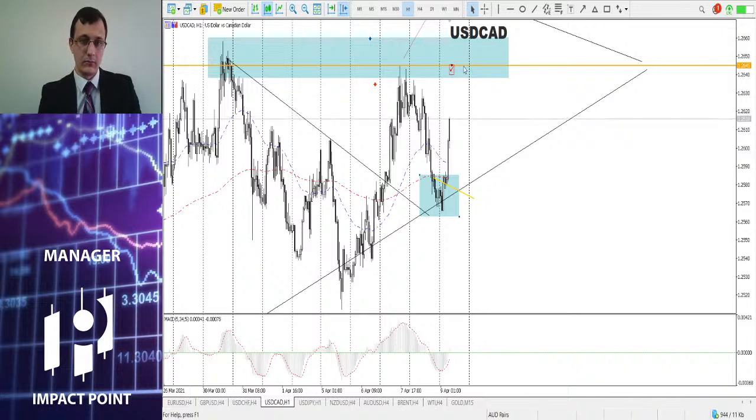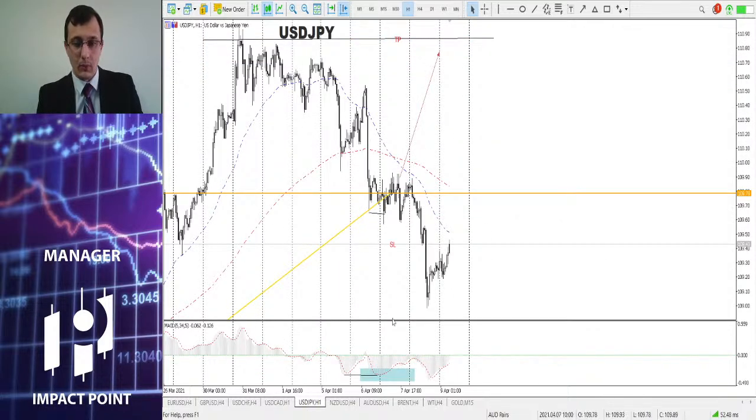And after reaching this level, here could be a potential sell opportunity and to exceed the limits of the triangle, but we don't know for sure until the price will be near that zone, this zone. Moving forward to USD JPY,